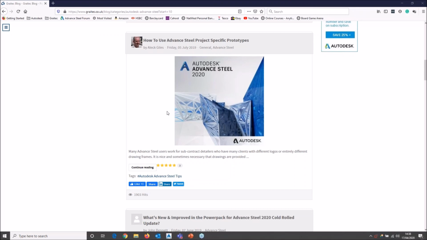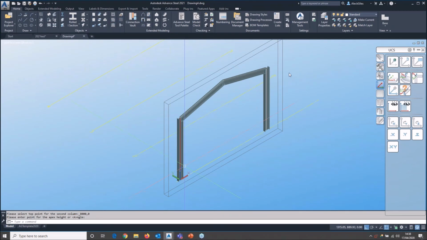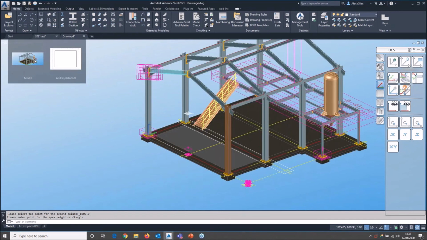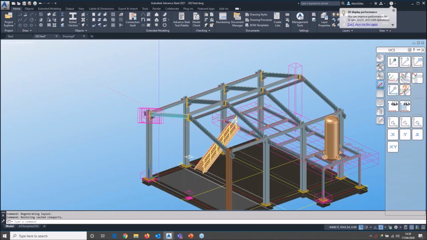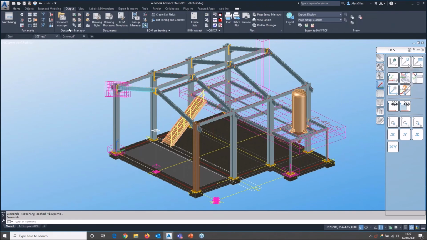How do you get a top view on rafter drawings, as some don't have it? Well, that depends on the drawing style, Matthew. You can create your manual drawing if you want to, but the easiest way to do it, if I go back into here, go back a step. We used to have it so that it would always create a top view on a rafter drawing when it felt it was necessary, and we had so many people complain that it was doing too many top views that we turned it off. But what you can do, go to Output, Document Manager, Drawing Process Manager,